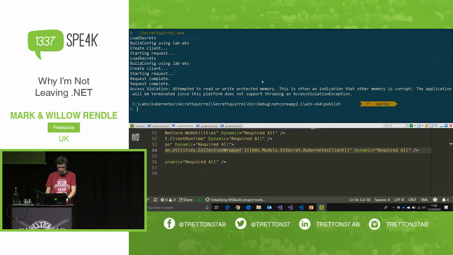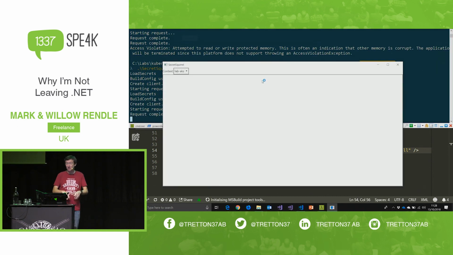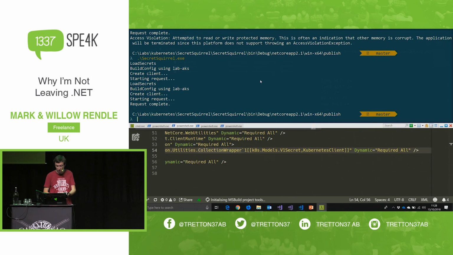attempted to read or write protected memory. Okay. But yes, you get all those proper errors and core dumps and things like proper C++ programmers get. It's crashing, but it works when it doesn't crash. So yeah, I'm not saying it's ready now, but it's getting there,